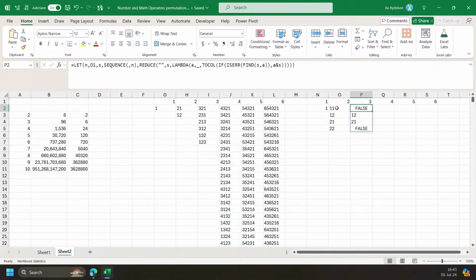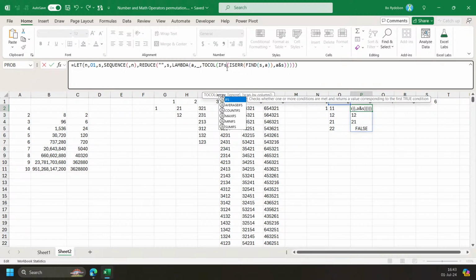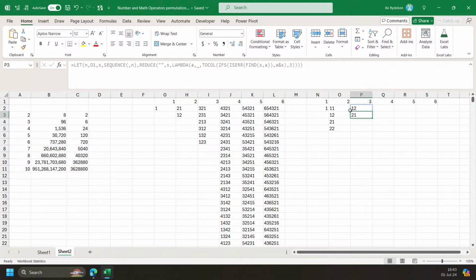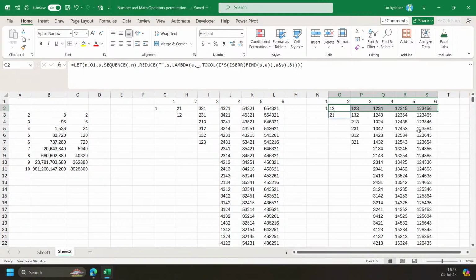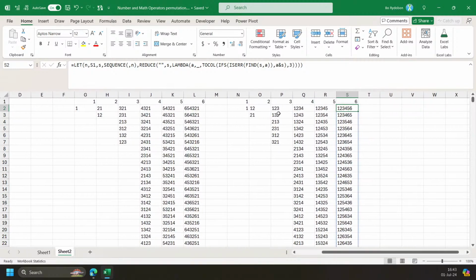Yeah, now 1, 1 and 2, 2 become false, and then I can get rid of that by using is with S, and then tocall with ignore error. Go like this. So this is another way to do it, and it creates almost the same thing except it's sorted differently. But with this method, if we want 4 numbers and then only pick 2,